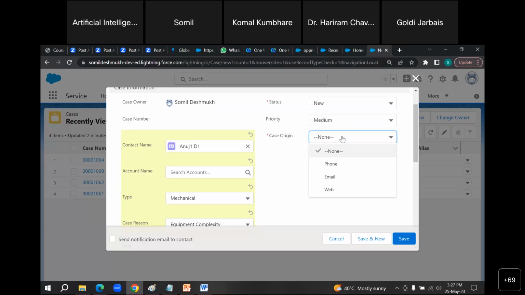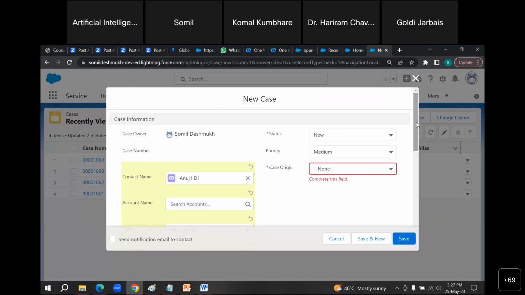सो केस में क्या होता है? केस में आपके पास जो रिक्वायरमेंट है यूजर की अबाउट द सर्विसिंग वो आती है. वो पर्सनली आ रहा है, फोन पे बात कर रहा है, वेबसाइट पे आ रहा है, जैसे भी हो. आपका सपोर्ट टीम ही केस में रिकॉर्ड ऐड करेगा, नॉट द कस्टमर, क्योंकि उसके पास सेल्सफोर्स नहीं है. वो यहाँ पे ऐड करेगा, कॉन्टैक्ट का नाम उसके पास ऑलरेडी रहेगा.